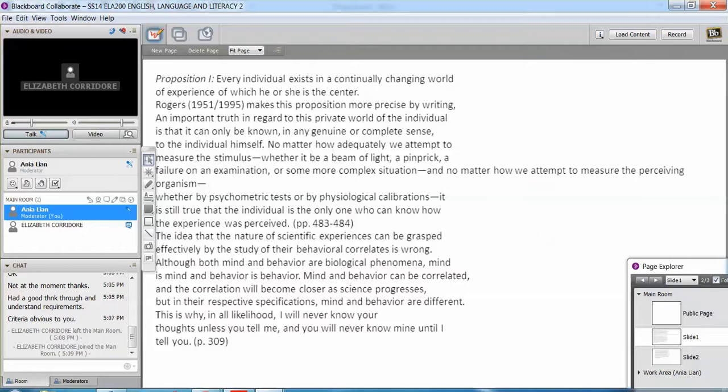And they have PowerPoints attached to them, so the PowerPoints will give you a bit of an overview of what's happening in the video. So